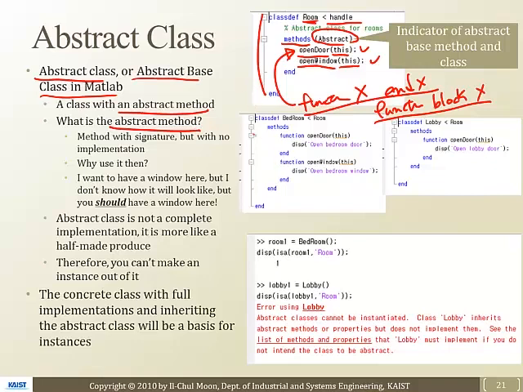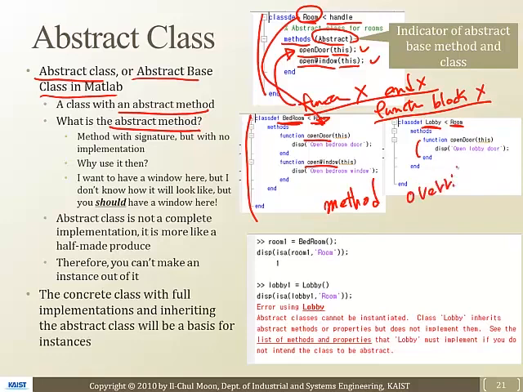If we come back here, bedroom inherits from room, right? And it has open door and open window. This looks all normal, right? And this lobby inherits from this room, right? And it has only one function, right? These are all inherited functions. And what you are doing is method overriding. Previously, the open door was given in room.